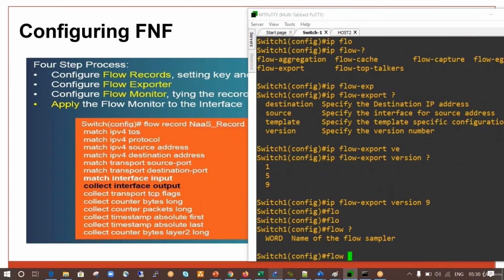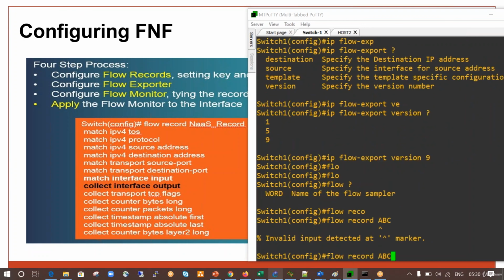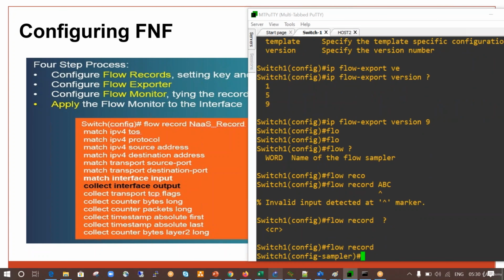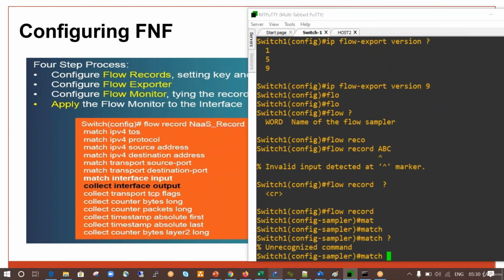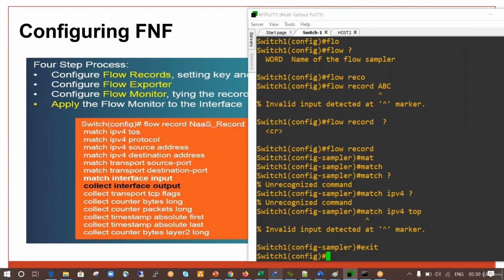Say for example flow record, and we are inside the sampler, say match,